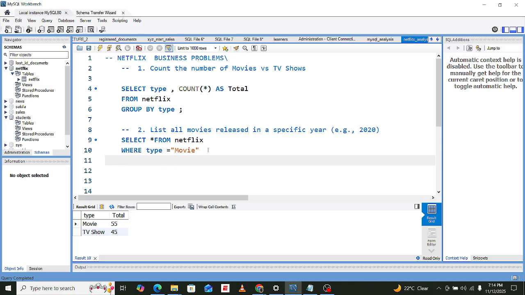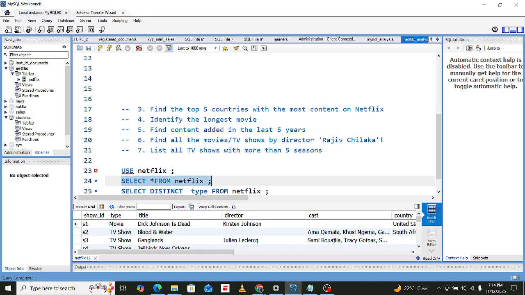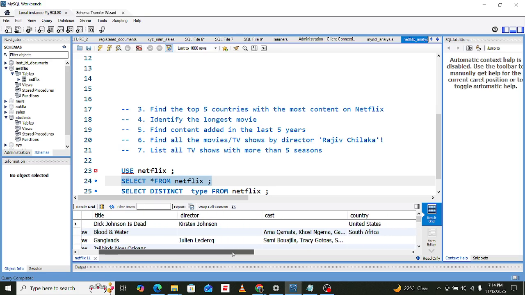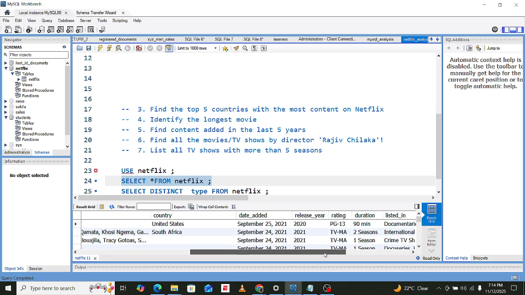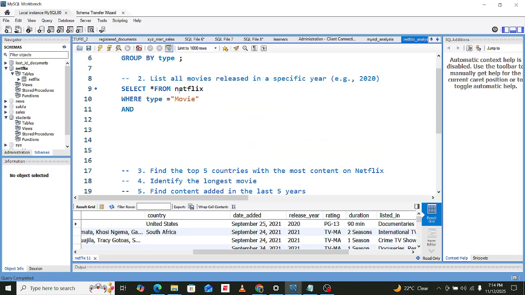So, and we can use release year. Let me just check the column name for that, so that we cannot get some issues. I think it should be release underscore year.